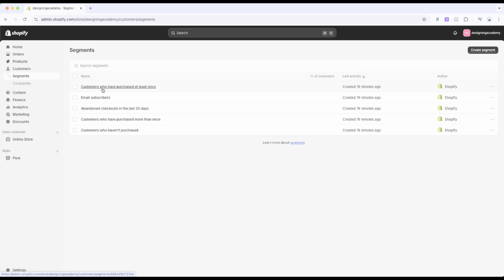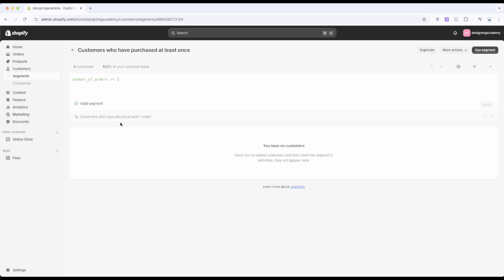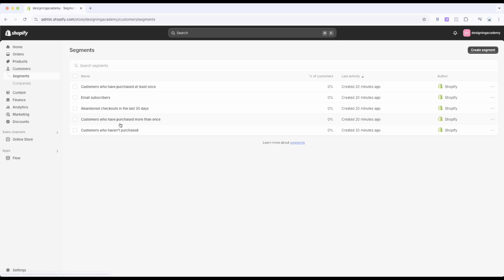The segments here are just sorting the customers based on their behavior. So if you look at the customers who have purchased at least once, when you click on this, you can see the customers who purchased from your website. And if you go back and look at that list again, you can see there are other behaviors. This is really useful when you want to do marketing and target people again. Let's say you want to make a campaign to target the people who already bought from your website. You can do that from this dashboard. You can see the list of the people who already bought, and you can import the emails